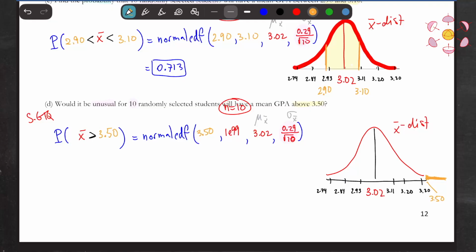The question is unusual. Remember, what we're calculating is what's called a p-value. A p-value is calculating the probability of samples being either as extreme as the 3.5 or greater. So what is this p-value? Unusual means the probability is small. Remember, for us, that's the 5% cutoff. So, okay,